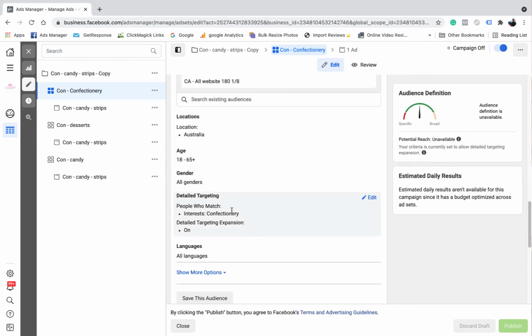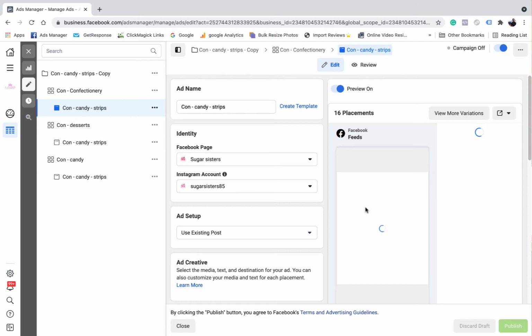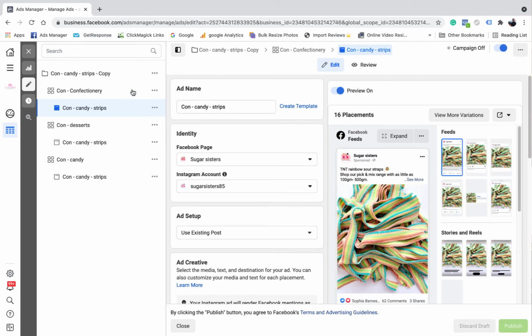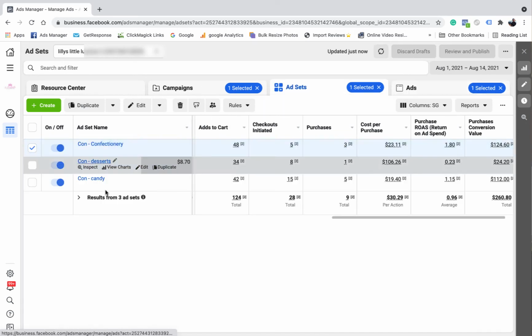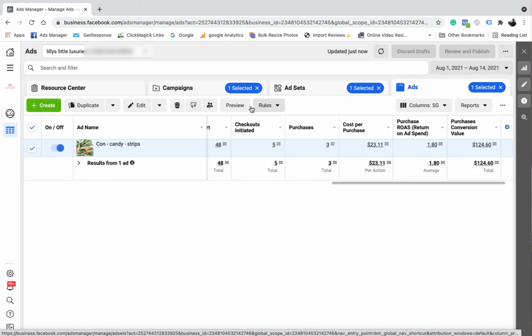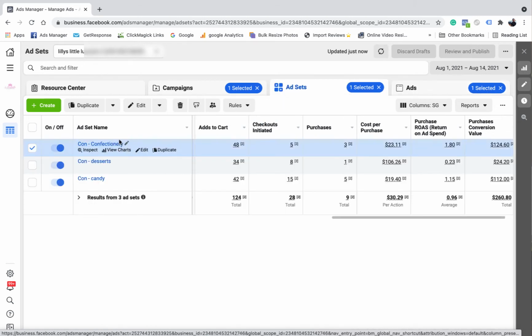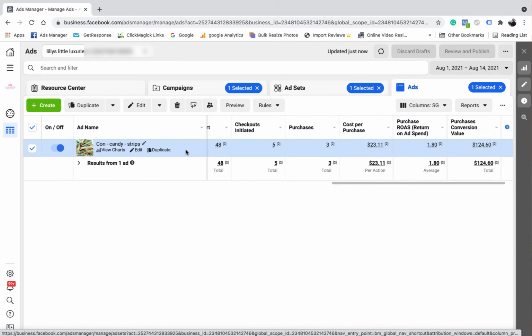So come down here. And as you can see, I just picked the interest and then named that and then made that ad. Because I've got 3 ad sets here, I only want to have 1 ad in each ad set, unless I've got a bigger budget, because I'm only spending $20 a day on this campaign. If I have $20 a day split between 3 ad sets, that's about $7.50, $7 something each ad set. But if I had 3 ads inside that ad set, each ad would only be getting like $2 something